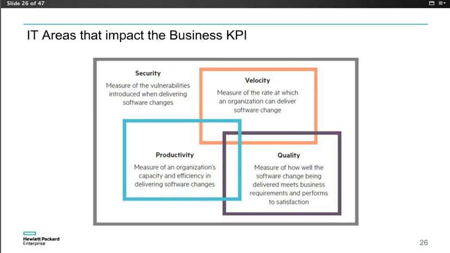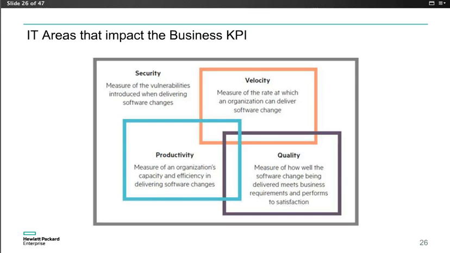Quality is a measurement of how fast I am with software delivery. And the third one is productivity, how efficient I am with the delivery of change into IT. And the last one is quality. Each of these areas